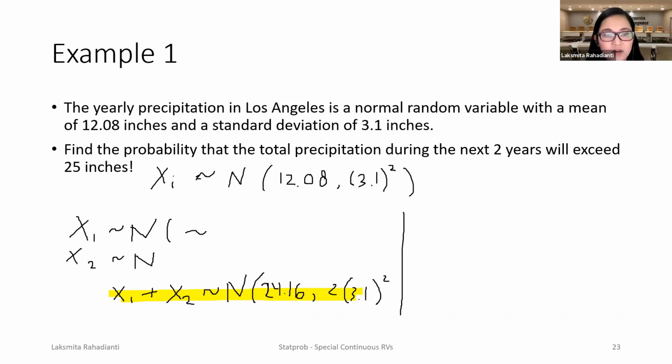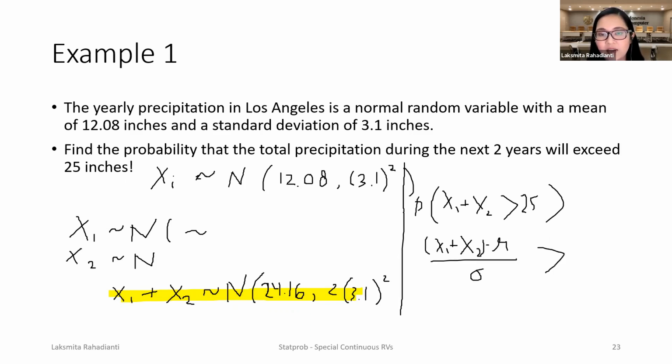So what is asked here? I'm going to give a divider here. So what's the probability that x1 plus x2, this is one random variable, in the next 2 years will exceed 25 inches? Okay, what is the probability that that will happen? So don't forget, we need to first convert it into a standard normal random variable. So we would need x1 plus x2 minus mu divided by that, and 25 minus 24.16 divided by,